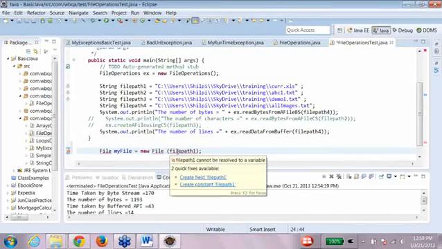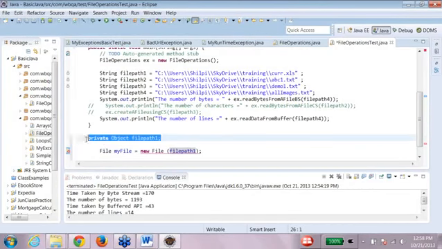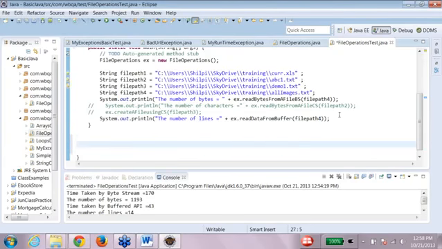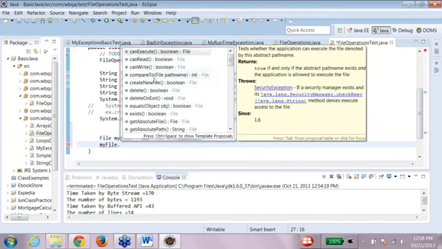This file object can be used with files or directories, both. Let's say I want to check whether the file at this particular path exists or not. I can write here my file dot